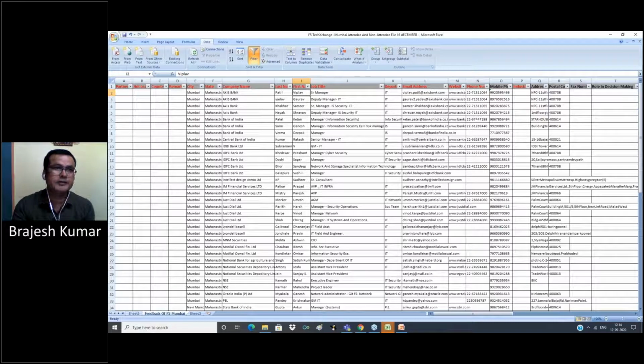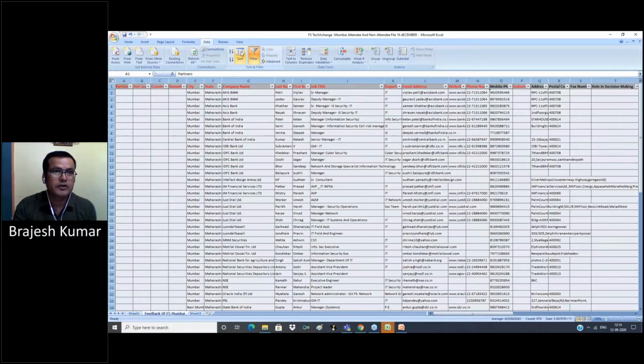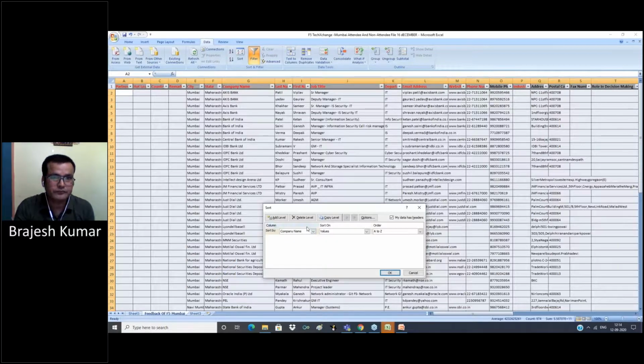So for that we sort our data on two columns, suppose company name and first name. So that the same contact starting with V in Axis Bank, and other contacts starting with V in Axis Bank, come together, and we easily find duplicates. For that we select our data and click sort.